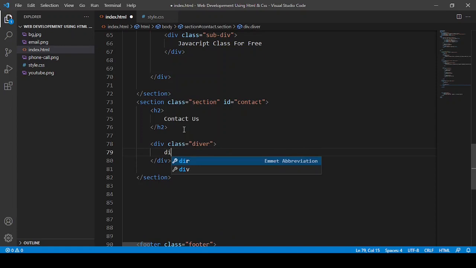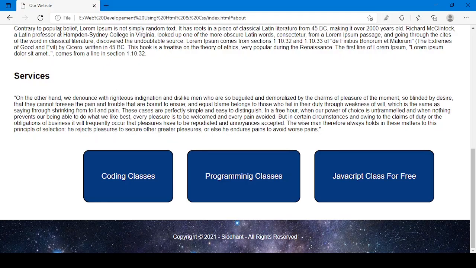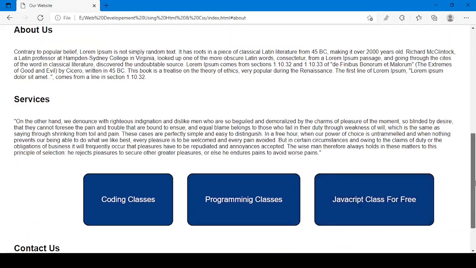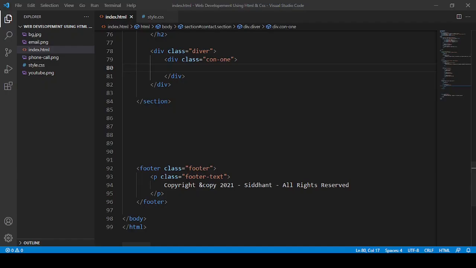In that again I am going to make a div with class con1. You can give your own class name. Let me reload it. So here you can see this contact us.